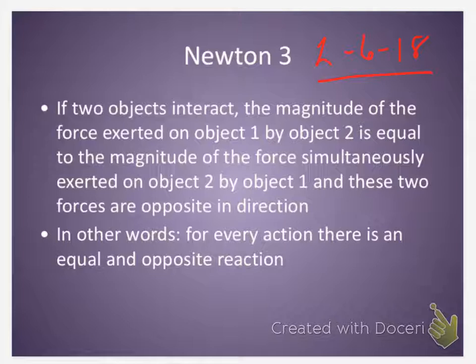So every time that one object exerts a force on another object, the first object exerts a force back. And years ago, I remember having a student say, well, then how come when I throw a ball, I don't go hurtling backwards? Here, Michaela. How come I don't go hurtling backwards? I exerted enough force on the ball to get it over there. I accelerated the ball from 0 across the room. Why didn't I move back?